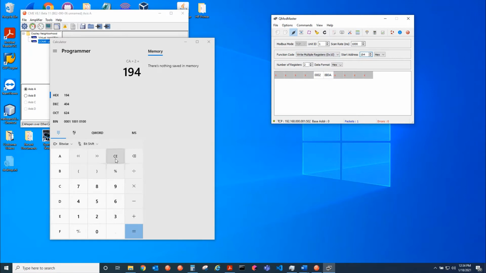So C8 times 2, 190. So C8 was the ASCII parameter for the profile type, which was relative trap move. So do 190, and QModMaster is nice in that it tells you what's already inside of the register. So hex 100 was correct. That's what we're going to write there. And notice how we're writing 2 registers, not just 1 for this,